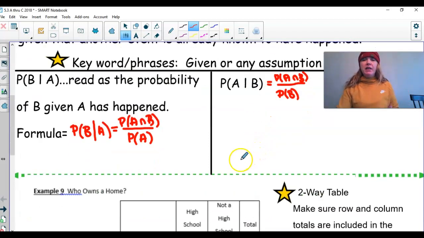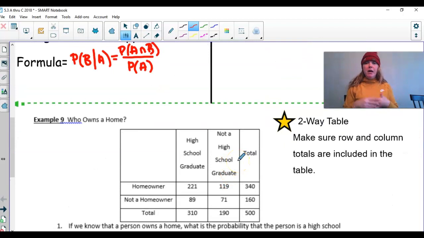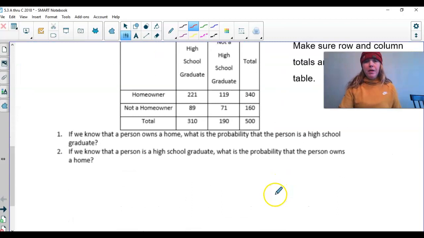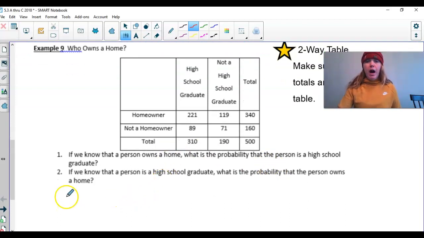It actually is even a little bit easier, I think, when we're dealing with what we call a two-way table. So we have a two-way table here. We've looked at this two-way table before: high school graduate, not a high school graduate, homeowner, not a homeowner. We have our totals. I always make sure you have your row totals and your column totals included in there. And if you don't, make sure you write them in, okay? So let's start with number one. If we know that a person owns a home, what is the probability that the person is a high school graduate? Okay, so on number one, how am I going to write this